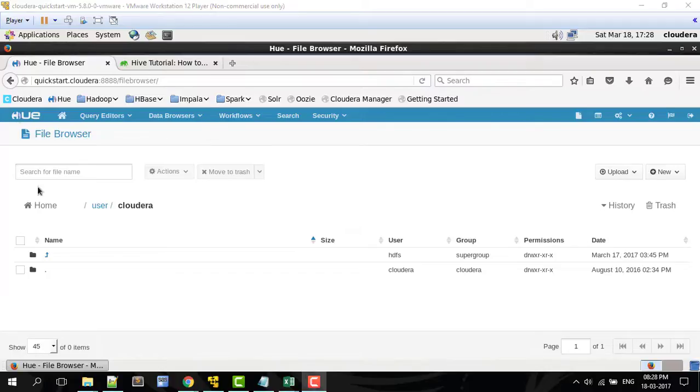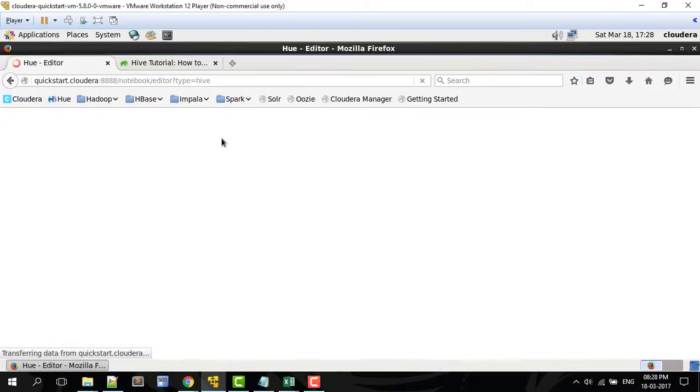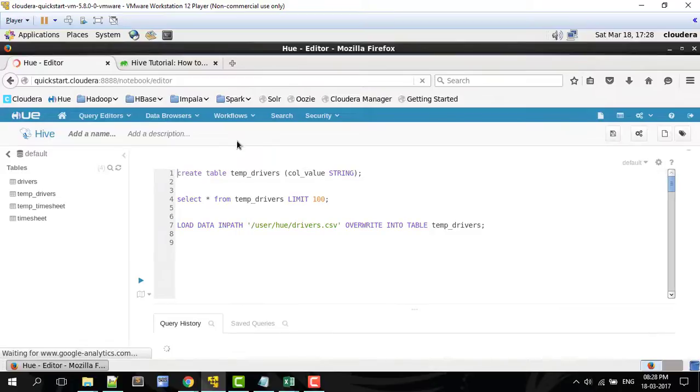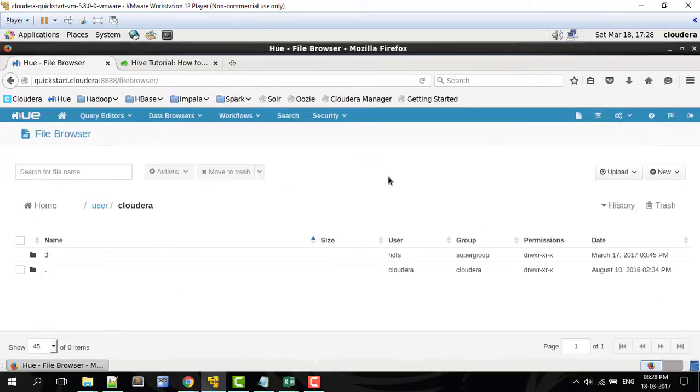So this is the Hive interface. Inside the Query Editor tab, we'll have certain options such as Hive, Impala, dbQuery, Pig, etc. Click on Hive, and we will be copy pasting our code in this section of Hive. Also, we need to upload our CSV files in the file browser option. So we need to go to the file browser,